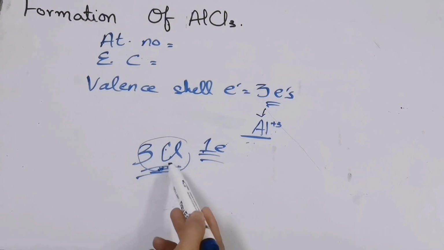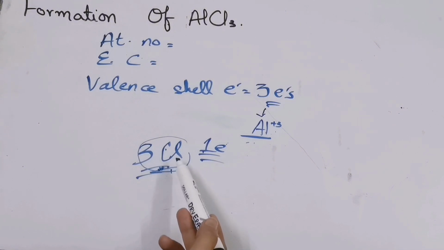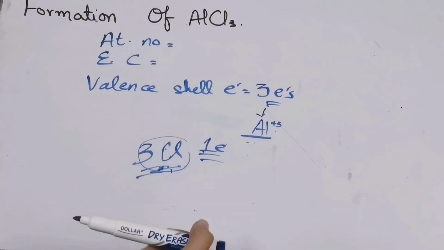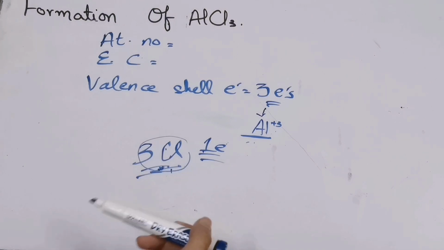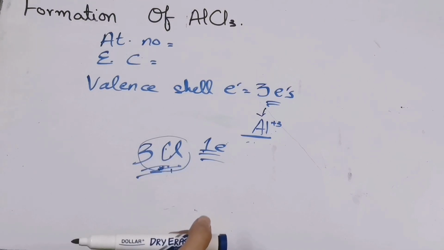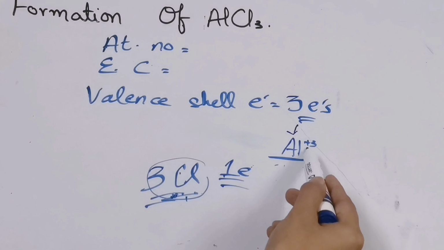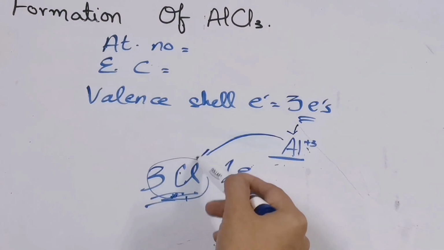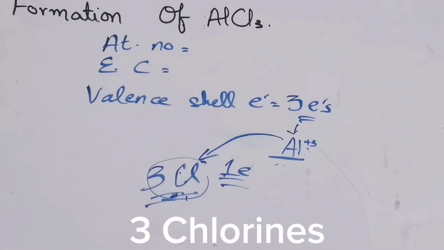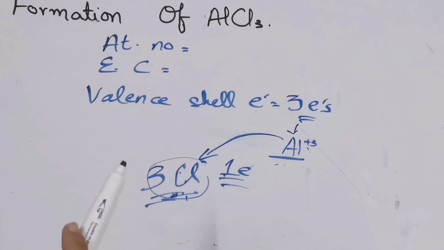The way in the previous example, the calcium was donating 1 electron to one chlorine and 1 electron to the other chlorine. The chlorine will convert into chloride ions, and as positive and negative charges will then attract each other and a force of attraction will be formed between them. As a result, bond will be formed between them. So complete transfer of electron will take place from aluminium to the chlorine to gain the noble gas electronic configuration.